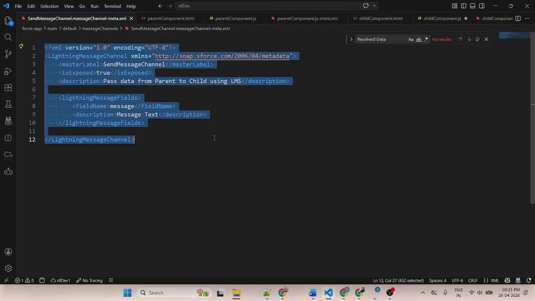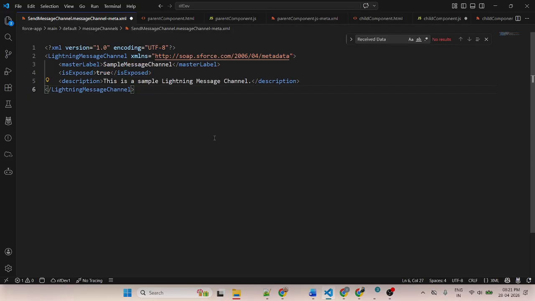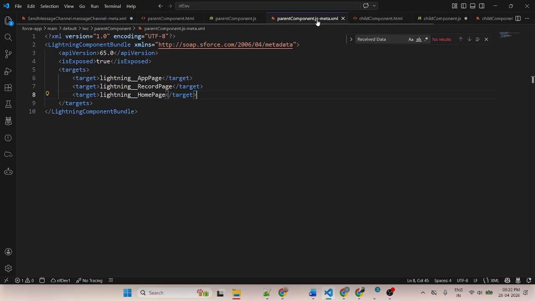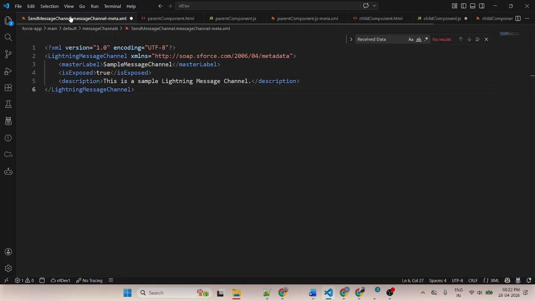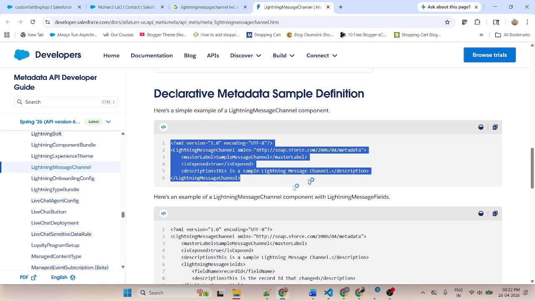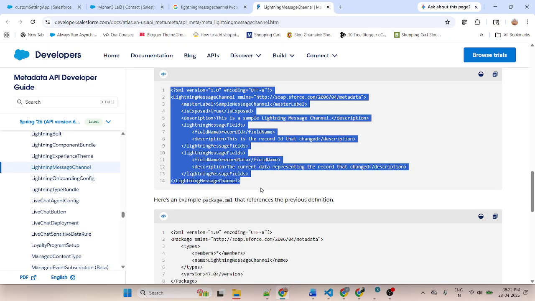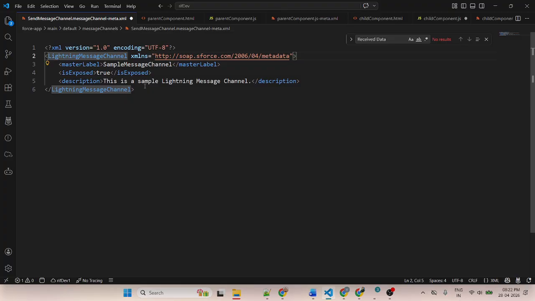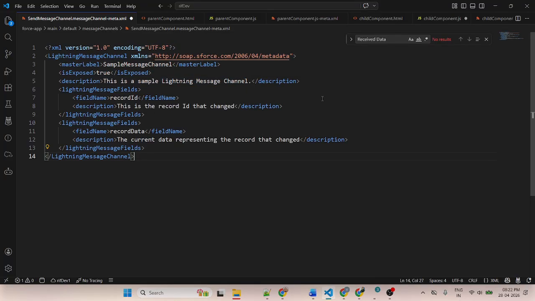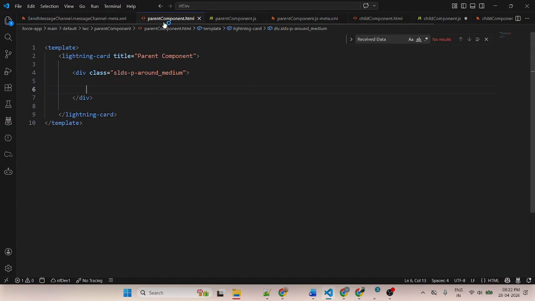This is my line. It is common, similar to creating a meta XML file of a component, where you need to put targets and target. You can use this one. Save.